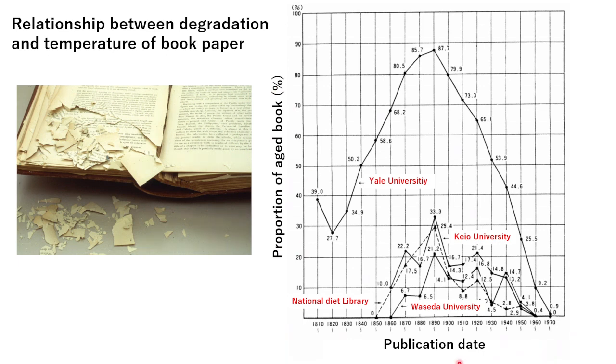The graph shows that the degradation of books published during the 30 years around the 1890s was remarkable, and the pattern of change was consistent with the result of both Japan and the US. But the problem is the percentage of acidic papers. For example, in the 1890s, 88% of books were deteriorated in Yale, but in Japan, the ratio of the National Diet Library was 29%, Keio University was 33%, and Waseda University was 21%,